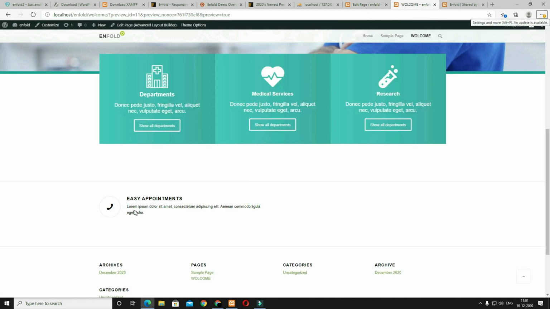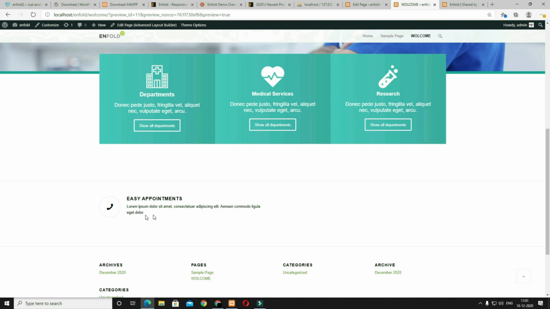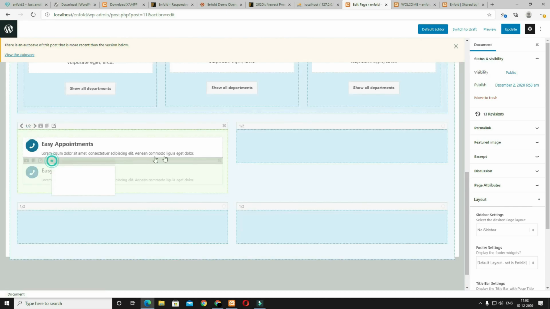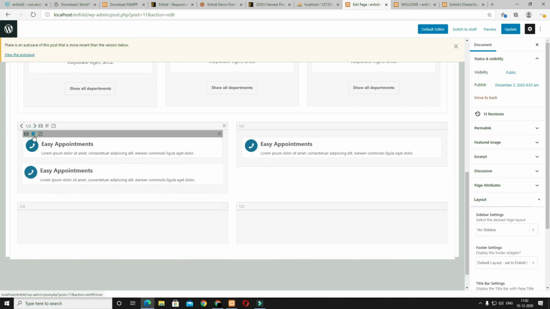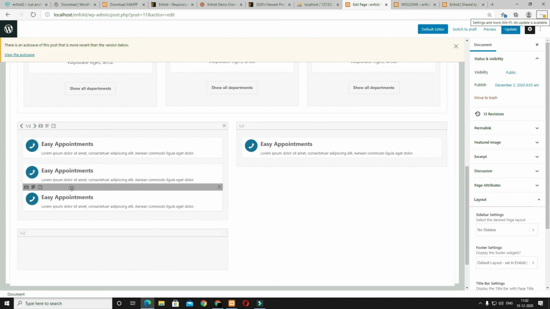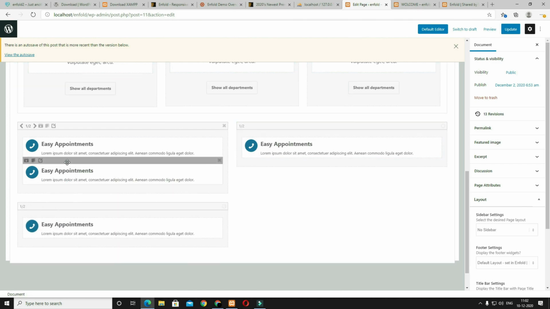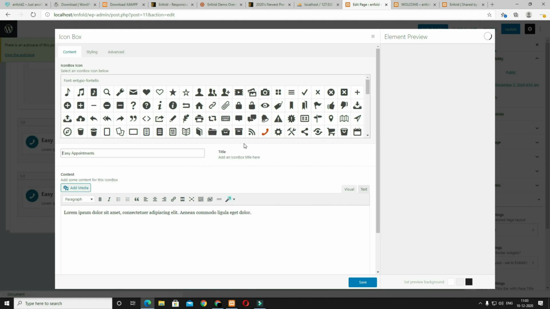Okay, it's coming quite perfect, almost like that. Later I will change the default font size, so this will get changed automatically. So now I have to do the same for another 3 also. So what you can do, just clone it, and after that drag and drop it here, like that. So similarly clone another 2 times by clicking this, and after that drag and drop it in 3rd column and in 4th column.